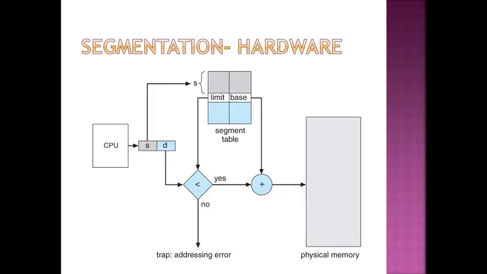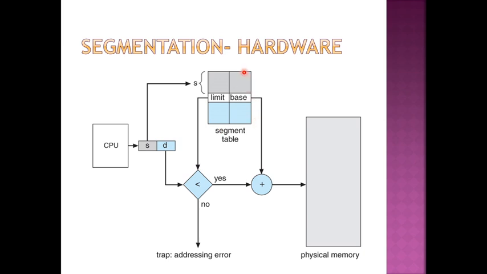When we spoke about paging, in paging I had something known as a page table. Similarly, in segmentation, I have something known as a segment table. And this is the logical address, this is the physical address that I'll be getting. How do I get it? So the CPU will create the logical address. The logical address will be divided into two parts now, the segment number and the offset. So this segment number will act as an index and it will look up to the segment table.